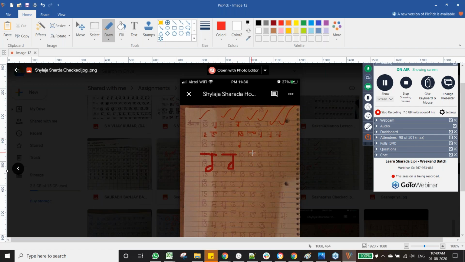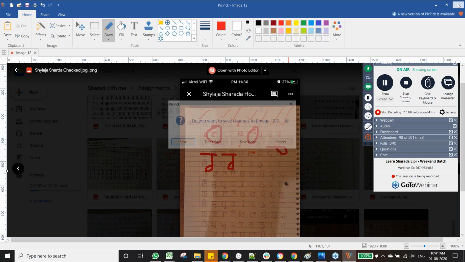And this shape at the end of oo, sorry, ow, this shape again. We see this in a lot of the assignments. This shape gets a little distorted when you draw it. So please go through the images and the video again, and see how this shape is drawn. Rest all is done nicely here. Just the shape at the end of re and u needs to be corrected. I don't see any other mistake in this assignment, so this is all good.